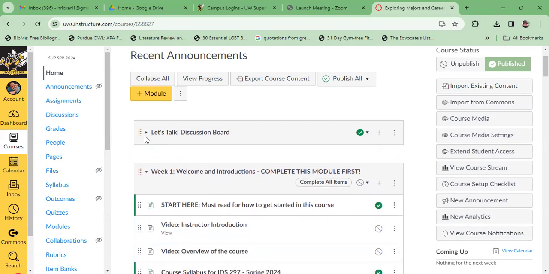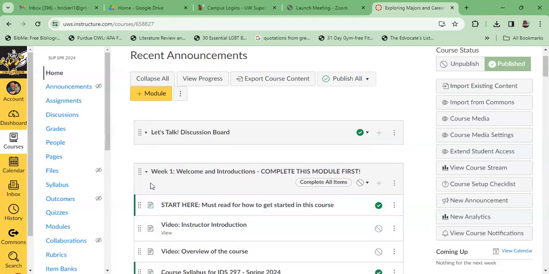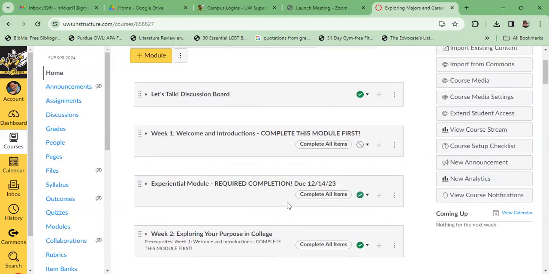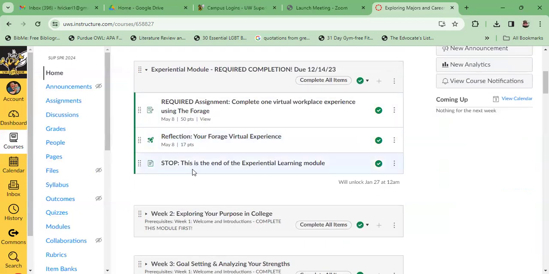If there's something that looks like this with no pages underneath, all you have to do is click that to expand it. That's also handy if you finished week one, so you just collapse it like that. And you're going to work on the experiential module, and once that's done, you can close it.